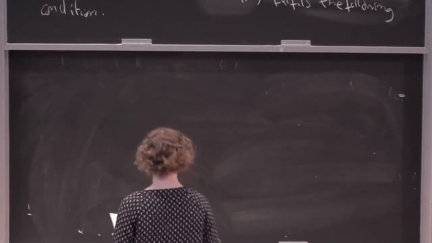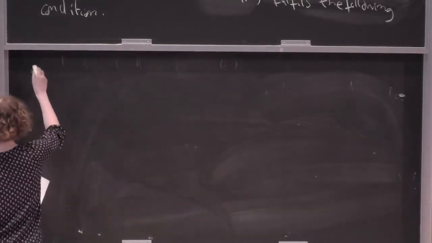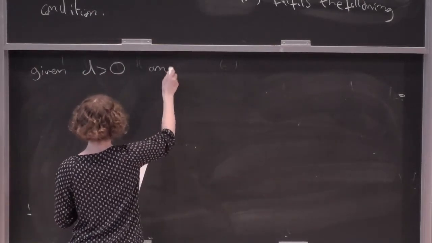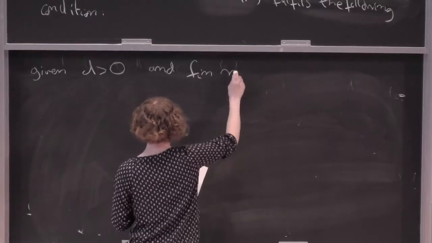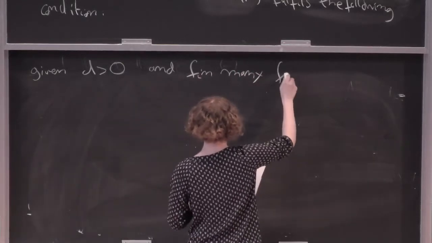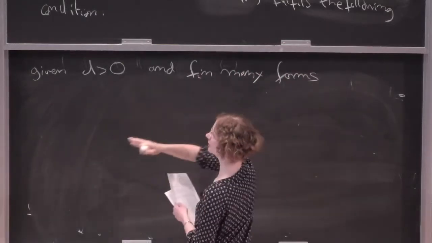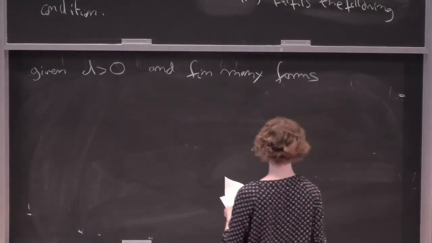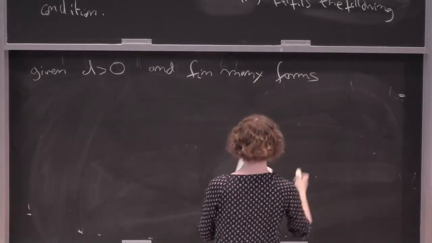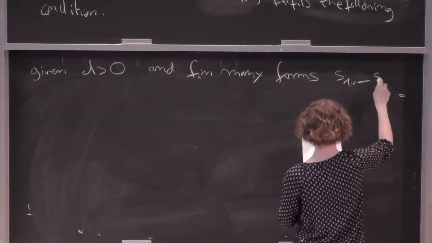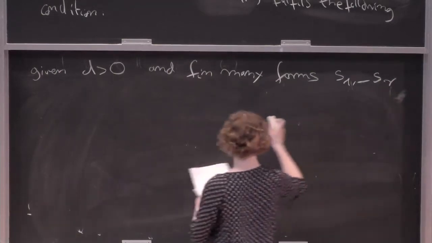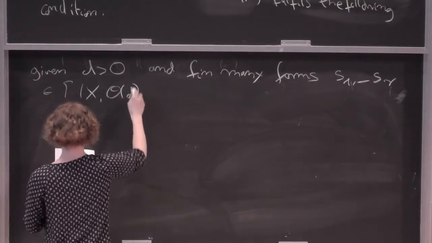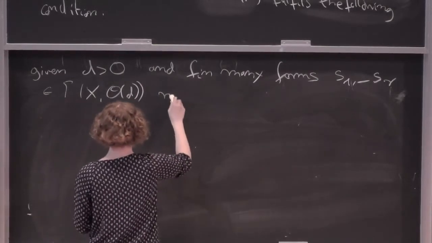So you could say, given any degree d and finitely many forms, so of these forms, I'm thinking about, say, the coordinates x, y, z, or the functions f and g, or x minus y, x plus 1 in the above examples. So for any finitely many such forms that you can come up with, say, call them S1 up to SR, or formally maybe take global sections of the sheaf O of D.